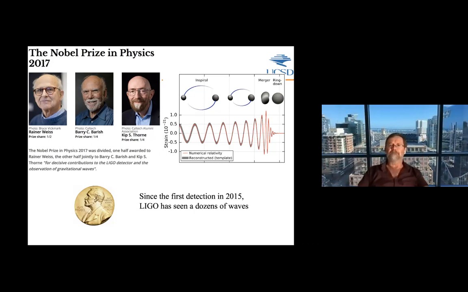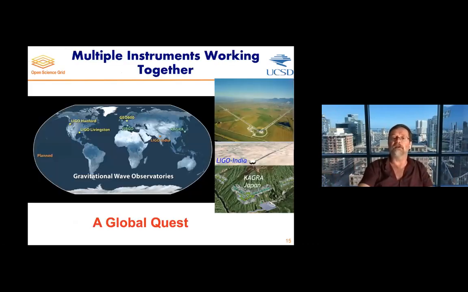Yep. Got it. And as you improve sensitivity, you will see more and more waves because your volume increases, and you'll be sensitive to smaller amplitudes closer by. So it sort of helps you double in a funny way. Effectively, with LIGO, and that's why this kind of science is so exciting, there's an explosion of observations that you can then do science with, because you're collecting more and more of these phenomena.